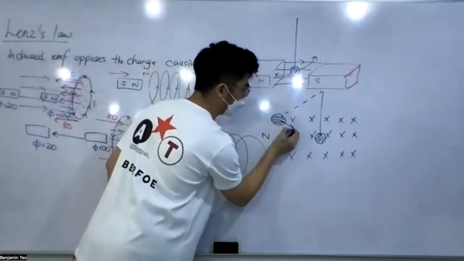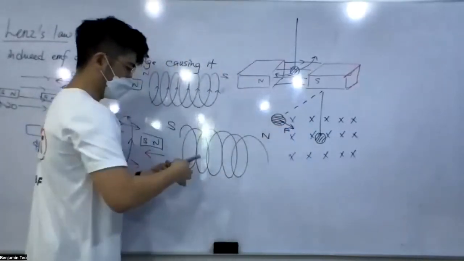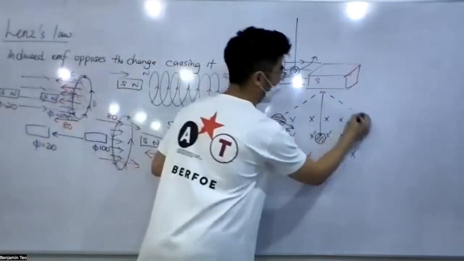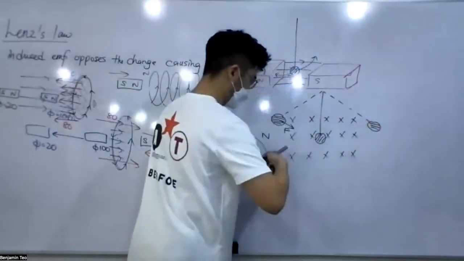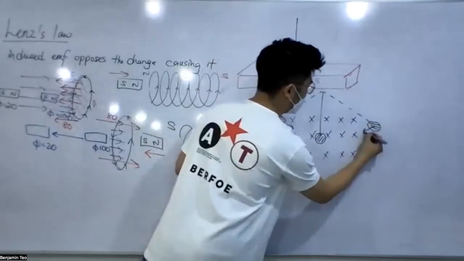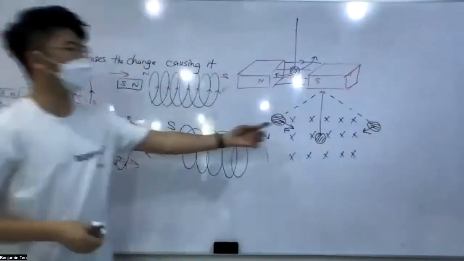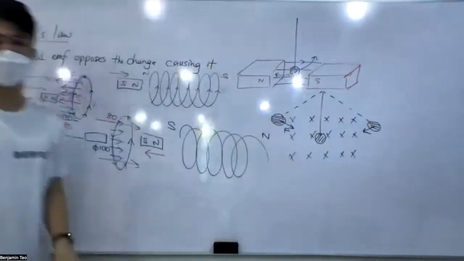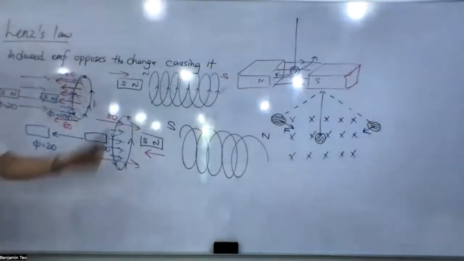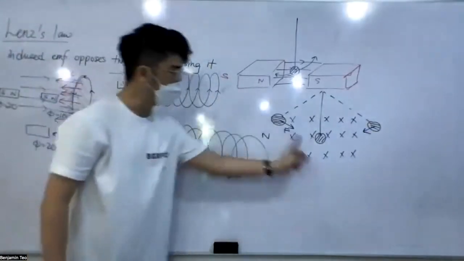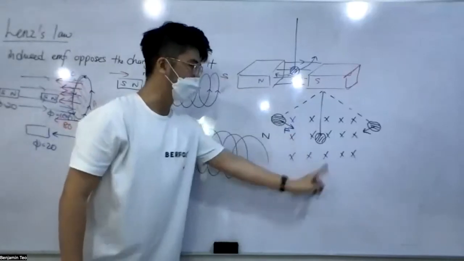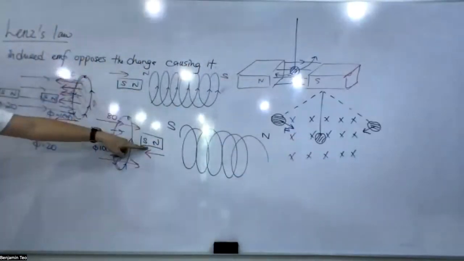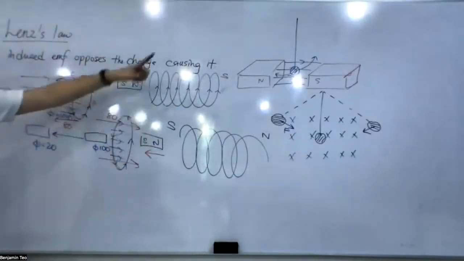So there will be a force produced here, F. Same here, it tries to move away, there will be a force produced like this. So every time it swings away, there is an attractive force. Every time it swings towards the field, there is a repulsive force, just like what we see here. It can happen here, it can happen